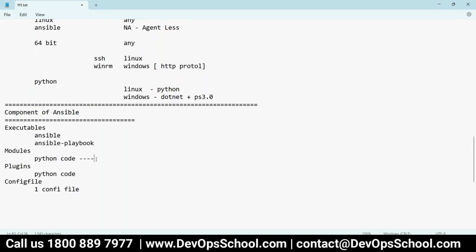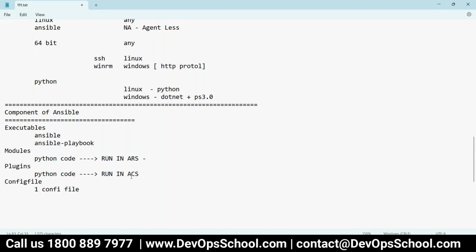So a module is Python code which will run in ARS, and plugins run in ACS. Understand that. So modules always run in ARS. Plugins always run in ACS. So now still I'm not able to understand what exactly it will do.